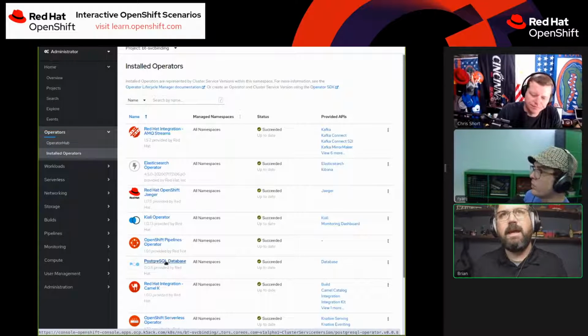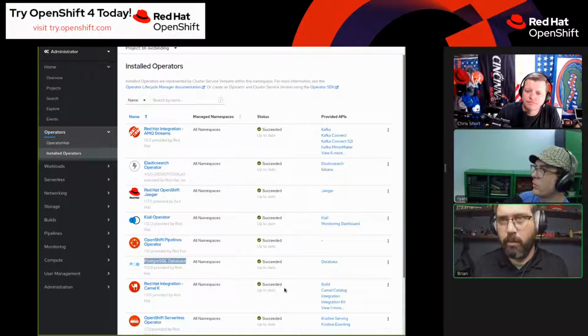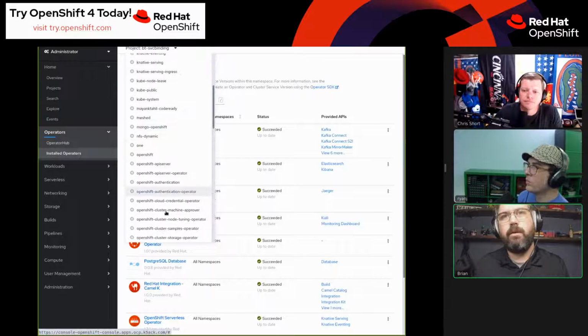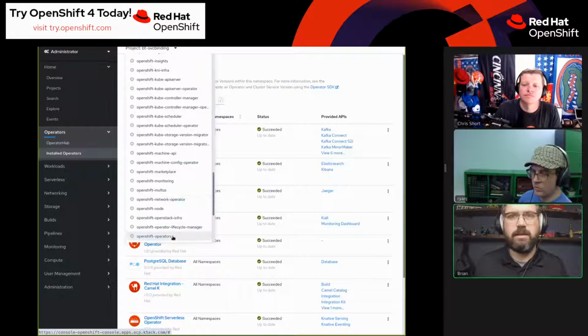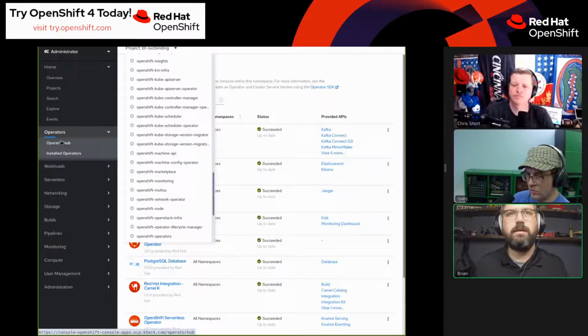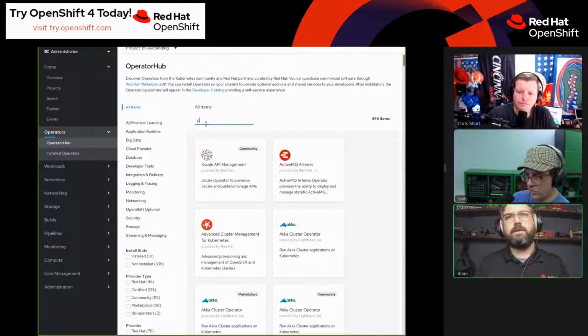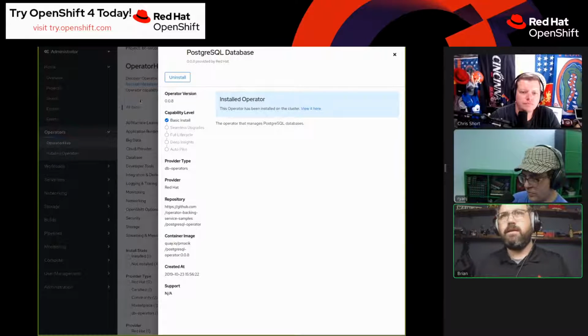And I could see that I have a PostgreSQL database operator that's available to me, right? I deployed that out into the OpenShift operators namespace, just like it suggested when I went into the operator hub and looked for PostgreSQL. So I installed it this way and followed the steps there.